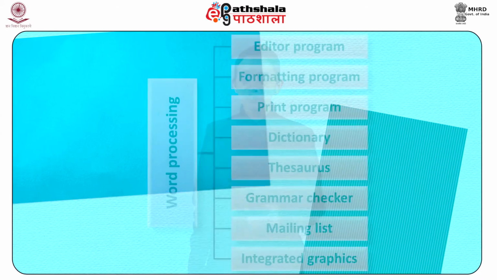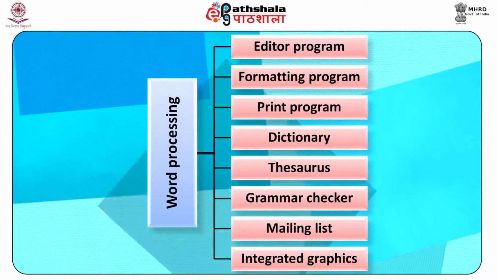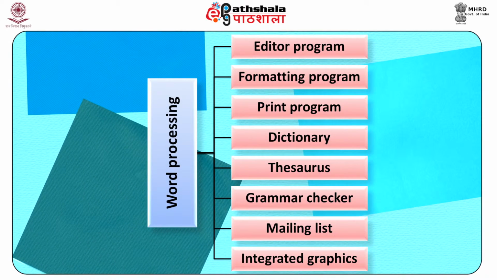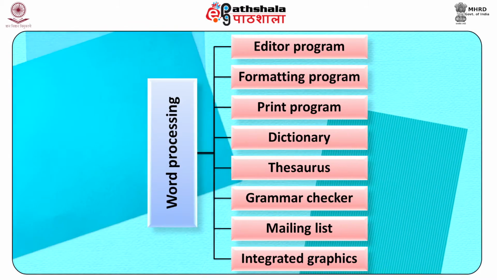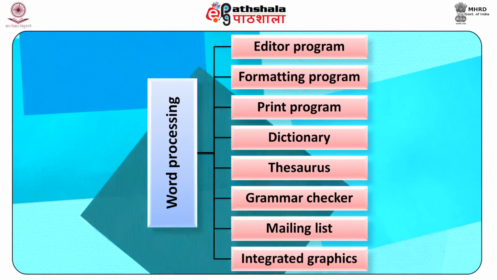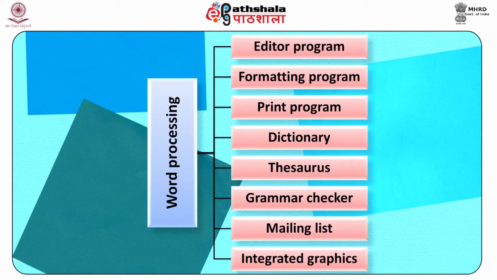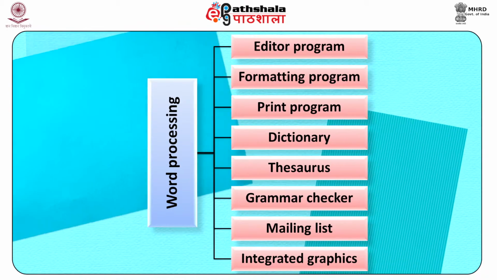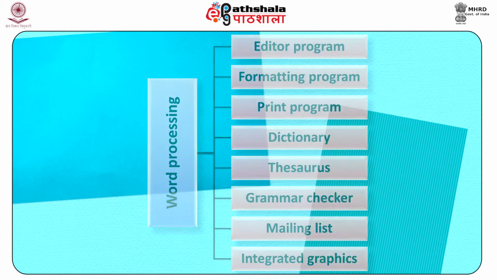A characteristic word processing software package comprises an integrated set of programs including an editor program, a formatting program, a print program, a dictionary, a thesaurus, a grammar checker, a mailing list program, and integrated graphics, charting, and drawing programs. Word processing software enables users to be much more productive because the software makes it possible to create and modify the document electronically